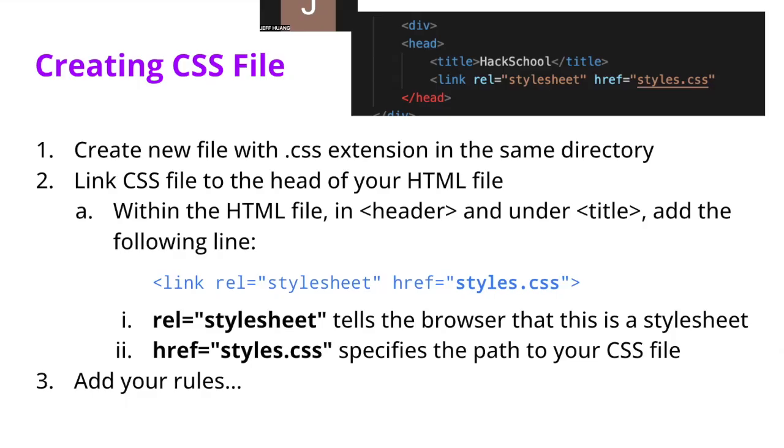In the head, you would add a link, and then you do rel, which I think stands for relation, and that basically defines what your file is. So we would always do stylesheet, and then href would be what your CSS file is named, so that it can track your CSS file. And then basically you just add your rules. You would take the tags from your HTML file and then change them in your CSS file.